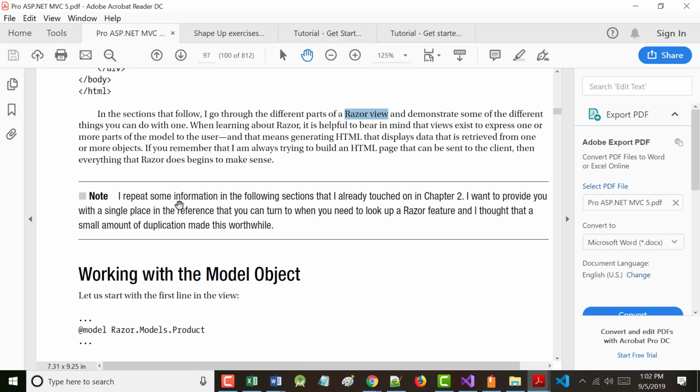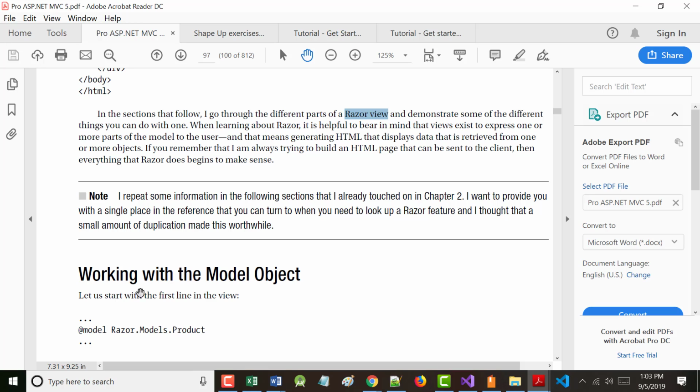Now, the author mentions here, near the bottom of page 97, that he's going to repeat some information we touched on in Chapter 2, but he wants to give you a single focal point so you can go back and take a look at it. Same thing may happen tomorrow, where a couple of the things that the author talks about he may have already discussed a little bit in earlier chapters.